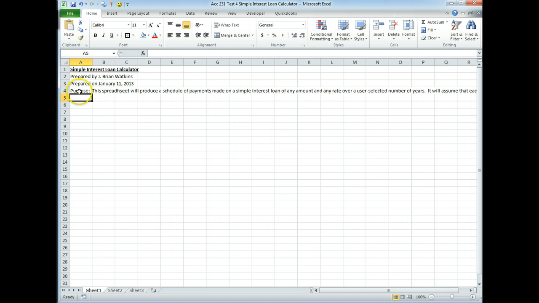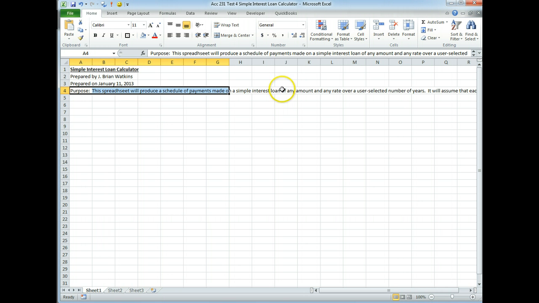Okay, I think that describes it. So we'll go out to G, we'll merge it, wrap the text, top align it, left justify,